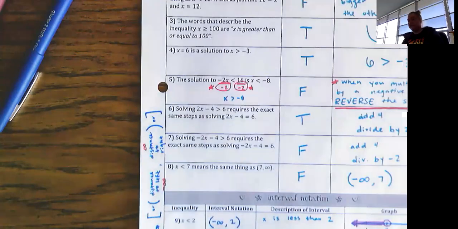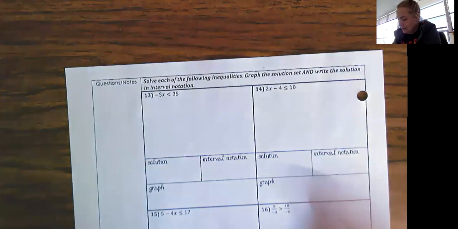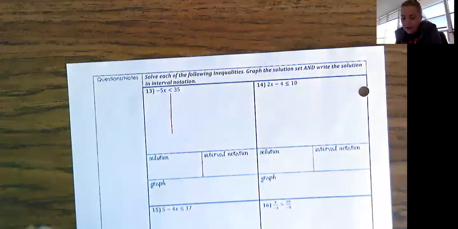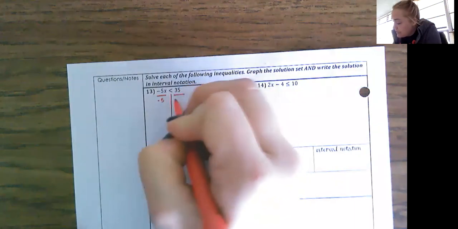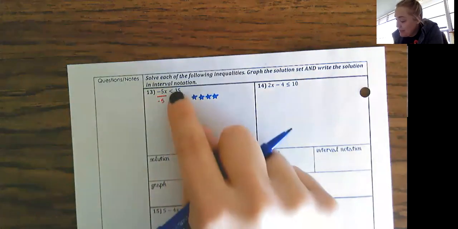Okay, let's flip our paper over and we'll do some problems on the back side where we are going to try solving some inequalities. So you're going to solve the following inequalities, graph the solution set, and write the solution in interval notation. So let's start on number 13 by solving this thing. On these sorts of problems, you are always allowed to still separate the two sides if you'd like. And I know that I want to undo multiplying by -5, so I'm going to divide by -5 on both sides here. Now, remember, that should set off warning bells in your mind. Dividing by a negative, we have to do something with the symbol in the middle